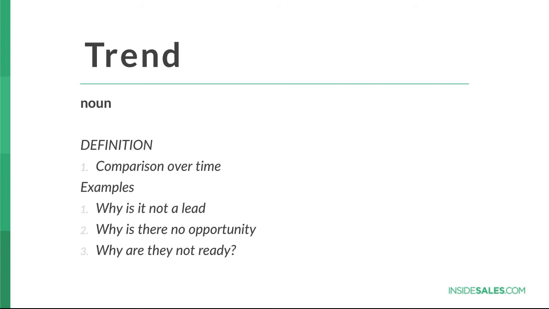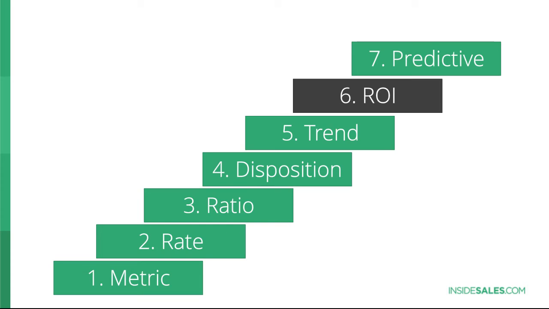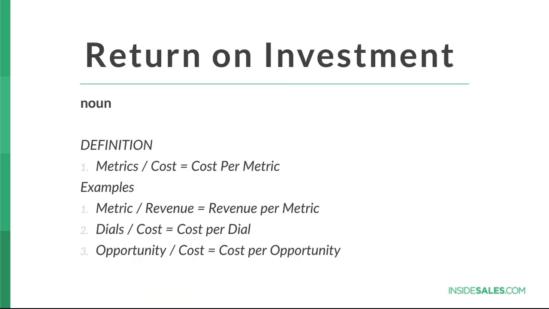As we move forward, ROI reports is going to put a number to it. So we're going to look at metrics over cost. We'd say dials over cost, that's cost per dial, or opportunity over cost, cost per opportunity. That often is, again, probably not looked at. People don't go this far. They typically stick on the bottom 3 rungs, but it's very effective, especially when we think about that cost per opportunity. I mean, how much is it really costing us to generate opportunities,